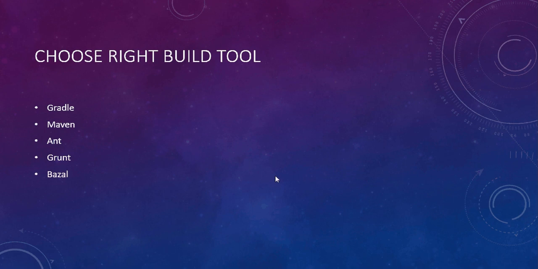And one more thing: whenever you are using these build tools, you can use plugins to integrate your build tool with code quality tools, code coverage tools, and much more, so that it will help you automate your complete development life cycle as part of the CI/CD process. That I am going to talk about at the end of this session.